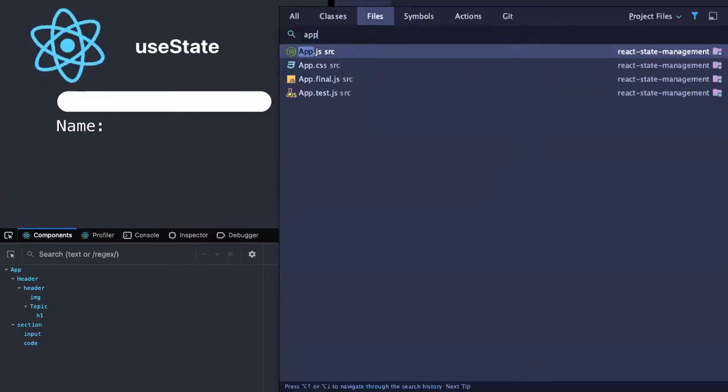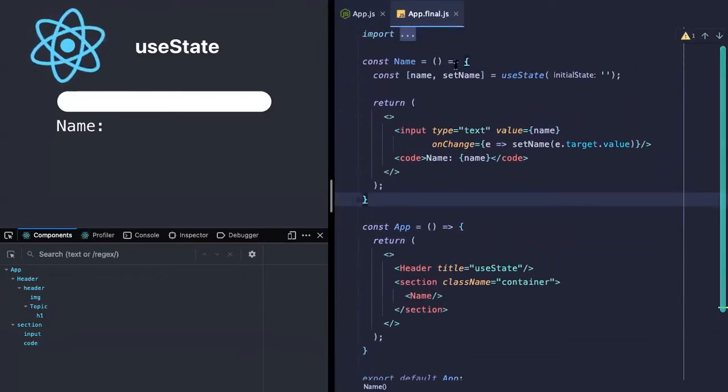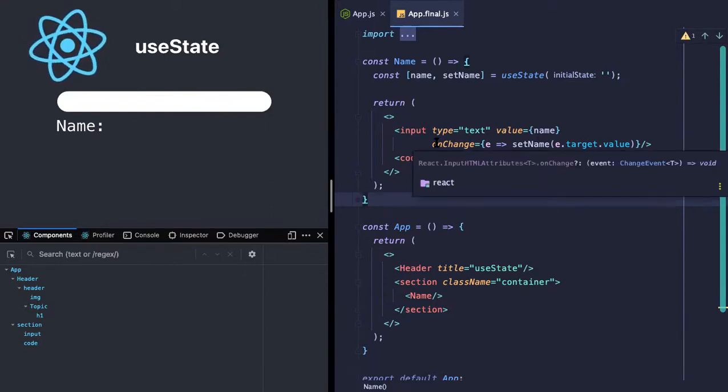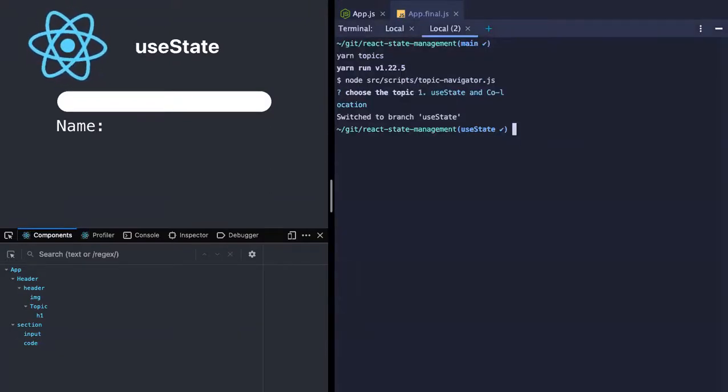At the end of this topic, we ended with a code refactor, where we extracted the name state out into a separate component, which was the topic we called co-location, why it is important and how much benefit it was giving. Doing co-location makes our application fast as well. So that was useState that we discussed.